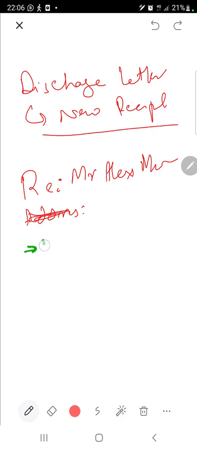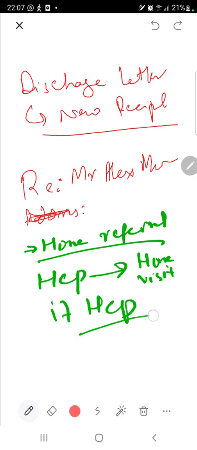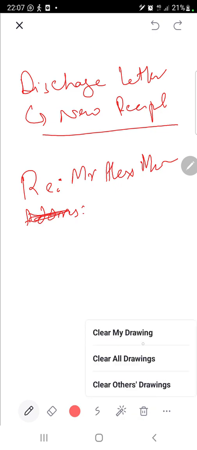In case it's a home referral, if the healthcare professional is going to pay a home visit, and if the healthcare professional is new, like he's going to see the patient for the first time, right? Is it there? So, and most lastly, you can see if the name of the doctor